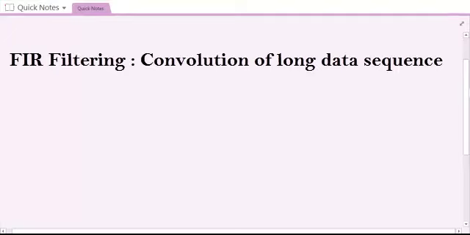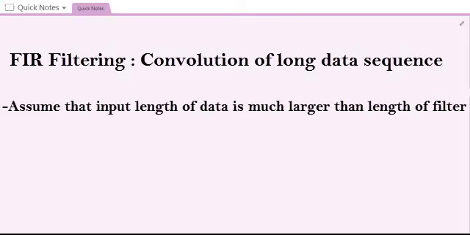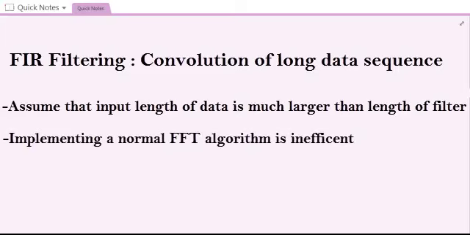Hello everyone, this experiment is about FIR filtering in time and frequency domain. In digital signal processing, if the input data sequence is much larger than the length of the filter, we have to adopt different methods to efficiently implement the convolution of the filter and the input data sequence. Again, because the length of the input sequence is too large, implementing FFT with a large sequence is very inefficient